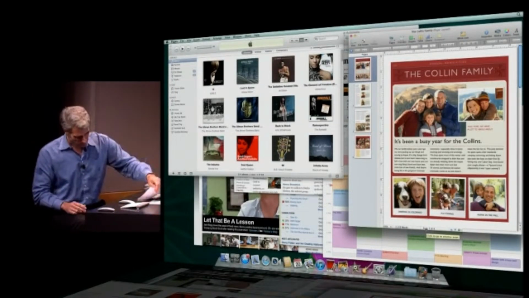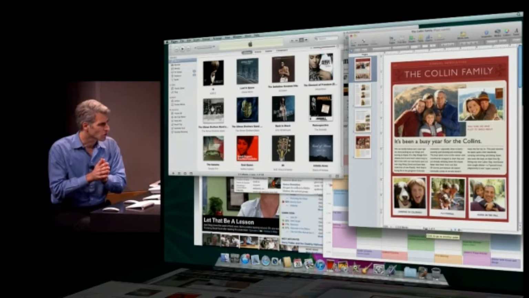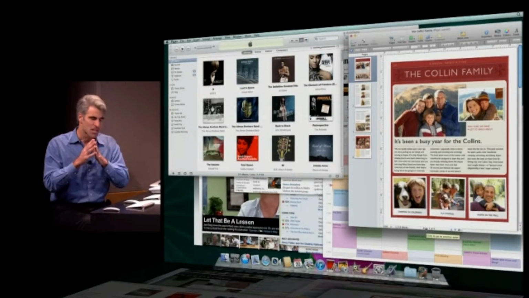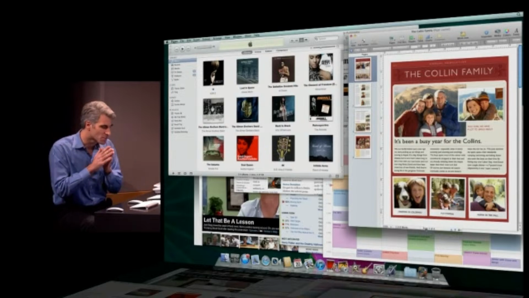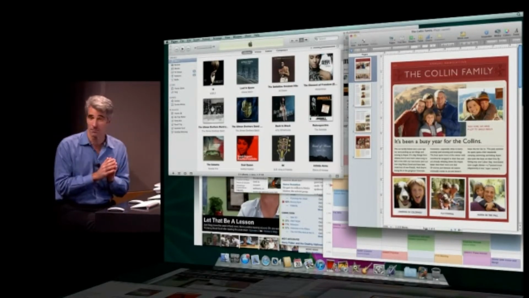What we've done is unified windows, full screen apps, Dashboard, and even Spaces into a single place, a place where you can get at anything on your Mac from wherever you are. And we call that place